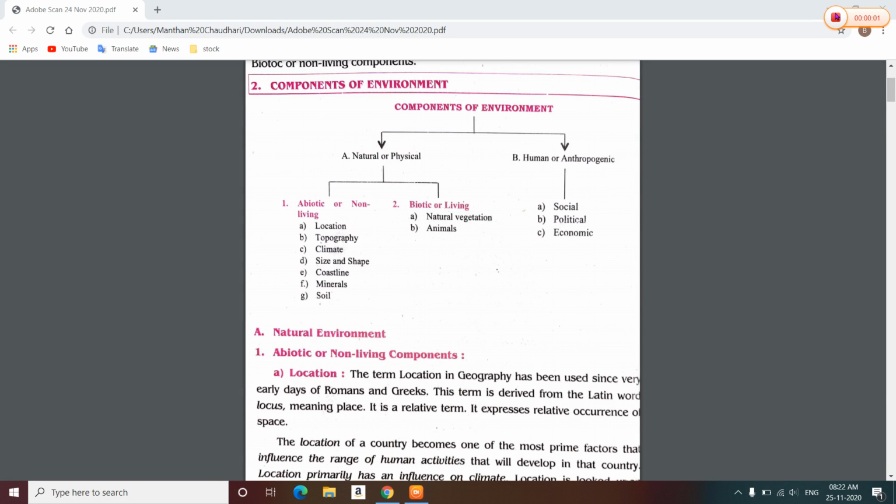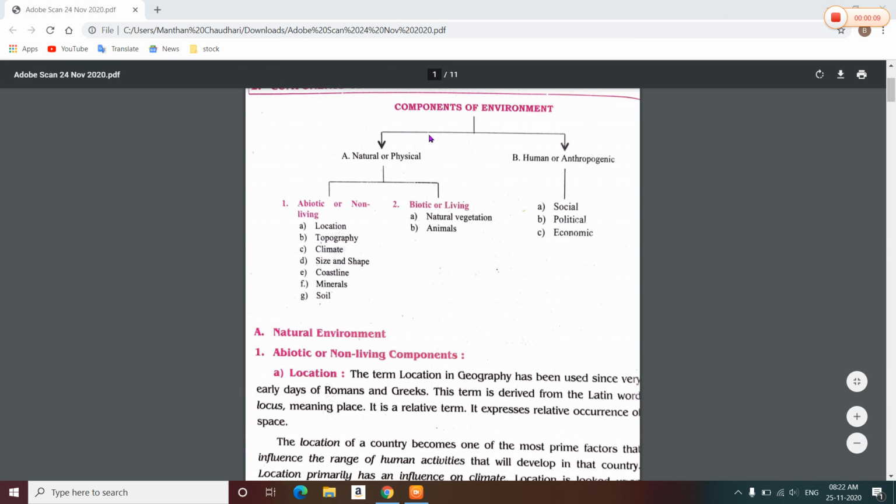Hello dear students, today we are going to learn about components of environment. Environment has two broad components: natural or physical, and second one is human or anthropogenic or cultural or man-made. These two broad components of environment are again subdivided into different factors like